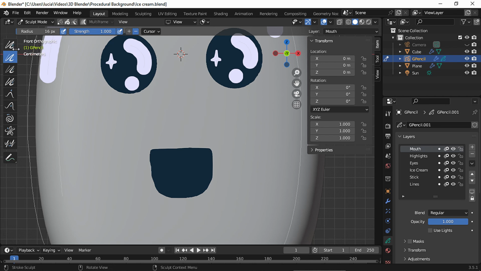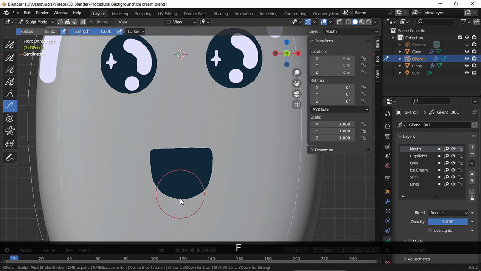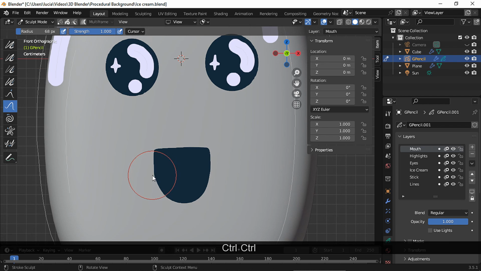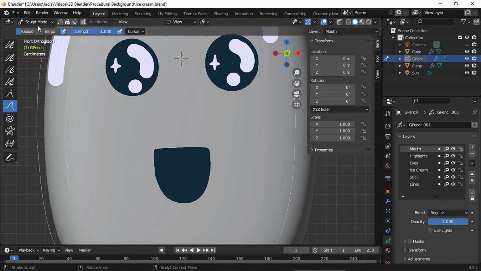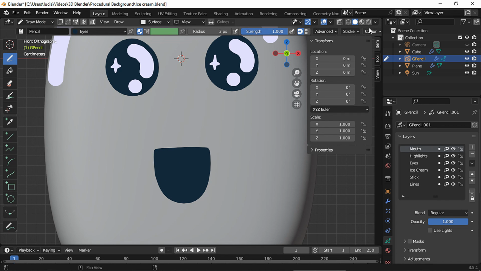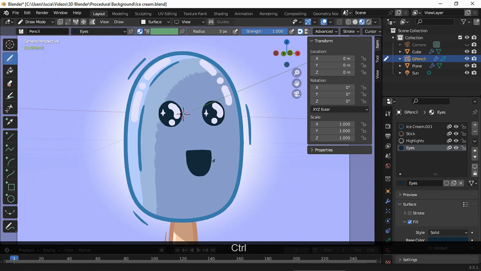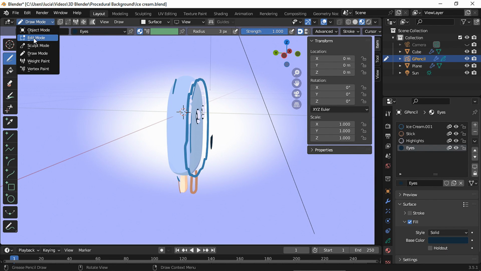Smooth it in Sculpt mode. And I want the mouth to be a bit bigger. In Edit mode, I'm gonna move it closer to my model.